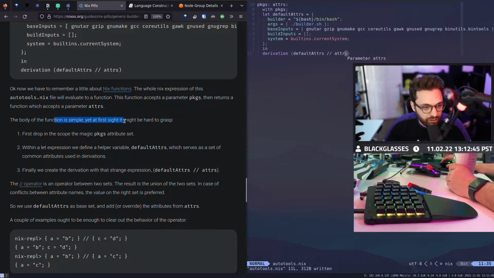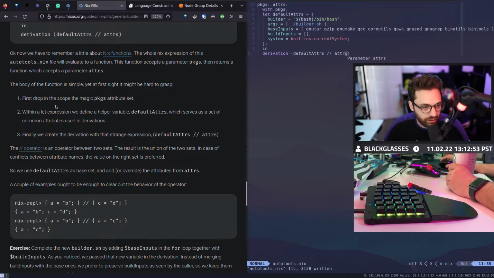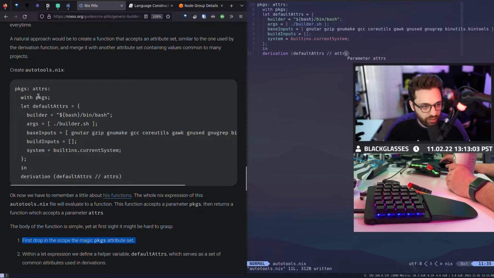The body of the function is simple, yet at first sight it might be hard to grasp. This is the part I want to make sure clicks. First, drop in the scope the magic packages attribute set, and that's what we do with packages. I told you guys before that if I want something within the scope to be easily accessible without me having to write packages.bash, packages.gnu, packages.gzip, you can simply say with something and then set your attribute set or other values you need.